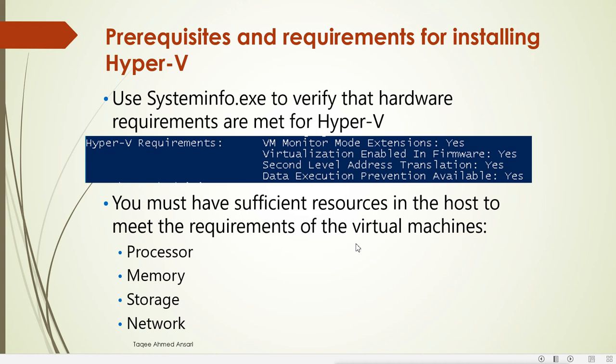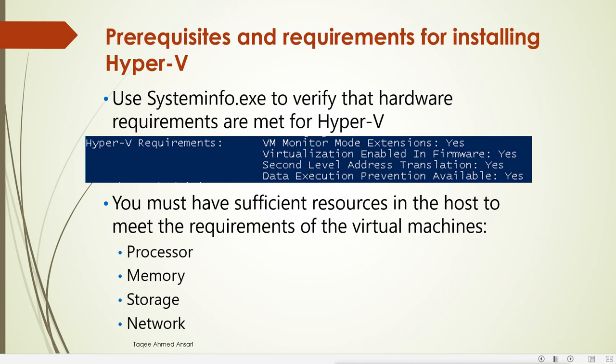Then you must have sufficient resources in the host to meet the requirements of the virtual machine. You need a good processor and a sufficient amount of RAM. If we have Server 2016, the minimum RAM required for the graphical version is 1 to 2 GB for the server itself.